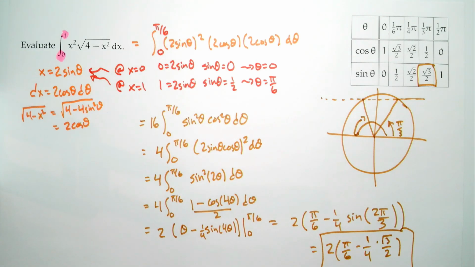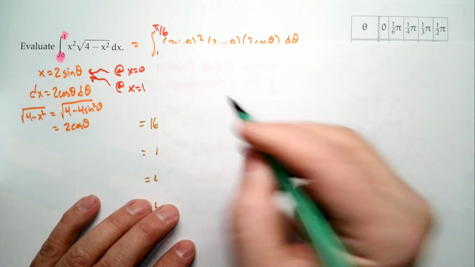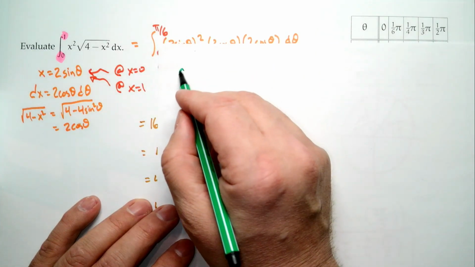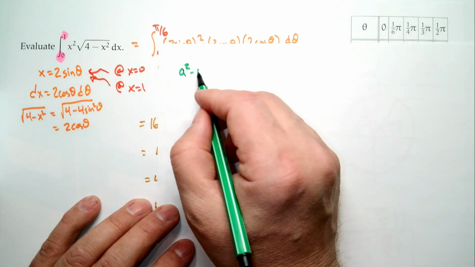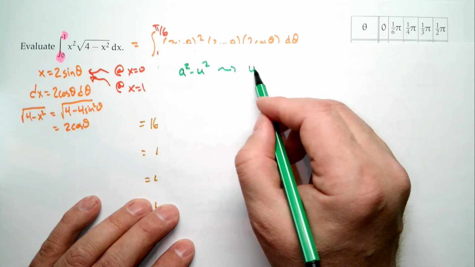Now, there's a question. Somebody asked, how do we know what to substitute? So let me take a couple of minutes and do a quick review. When we have the form a squared minus u squared, which is the form we had here, our substitution is